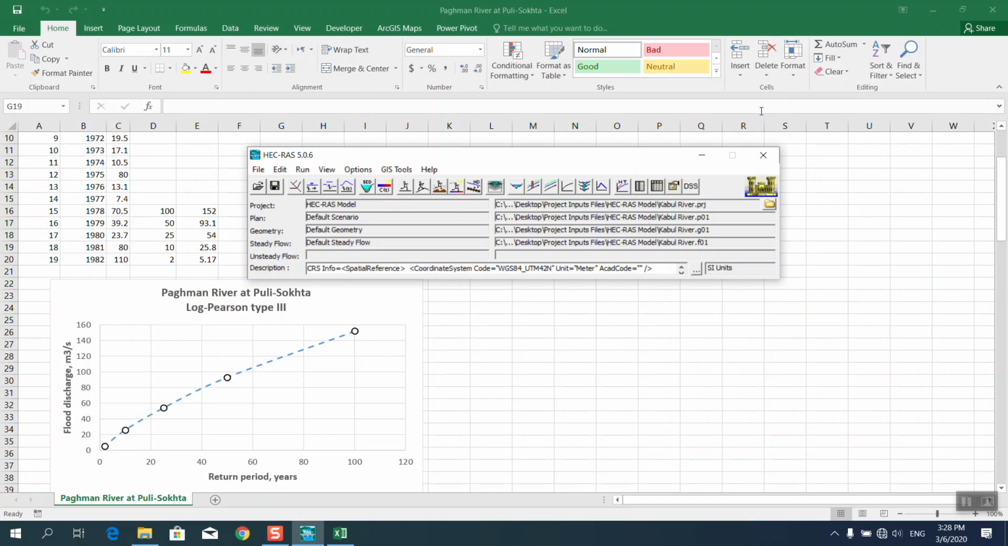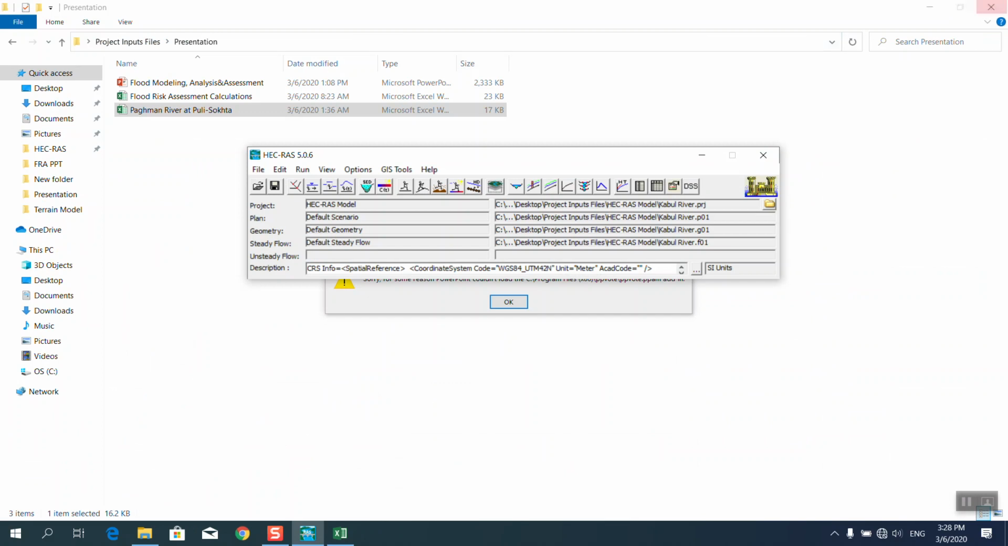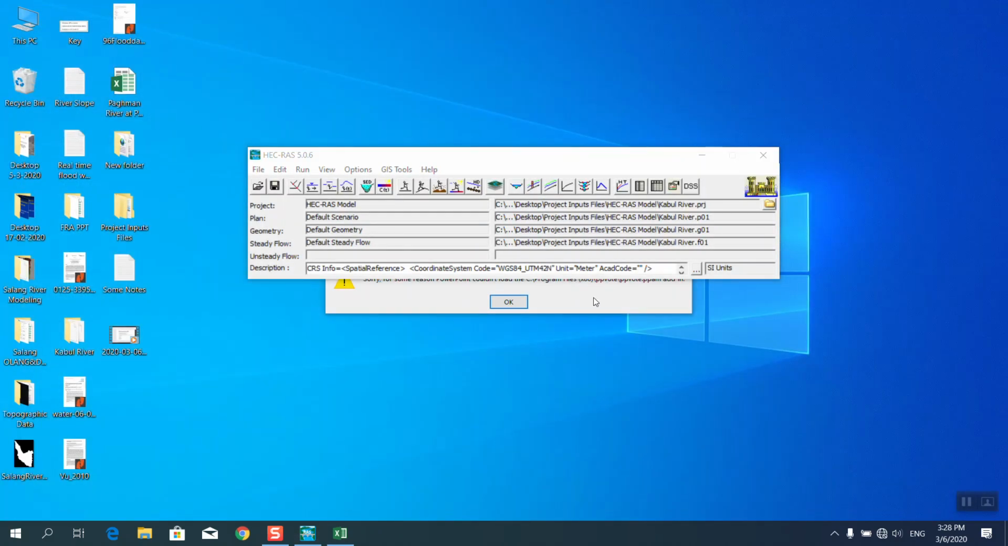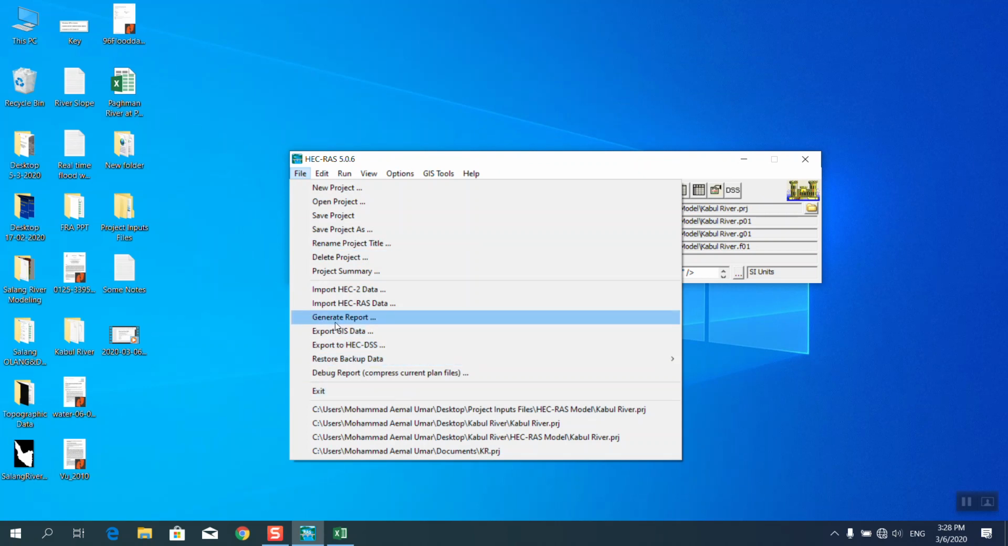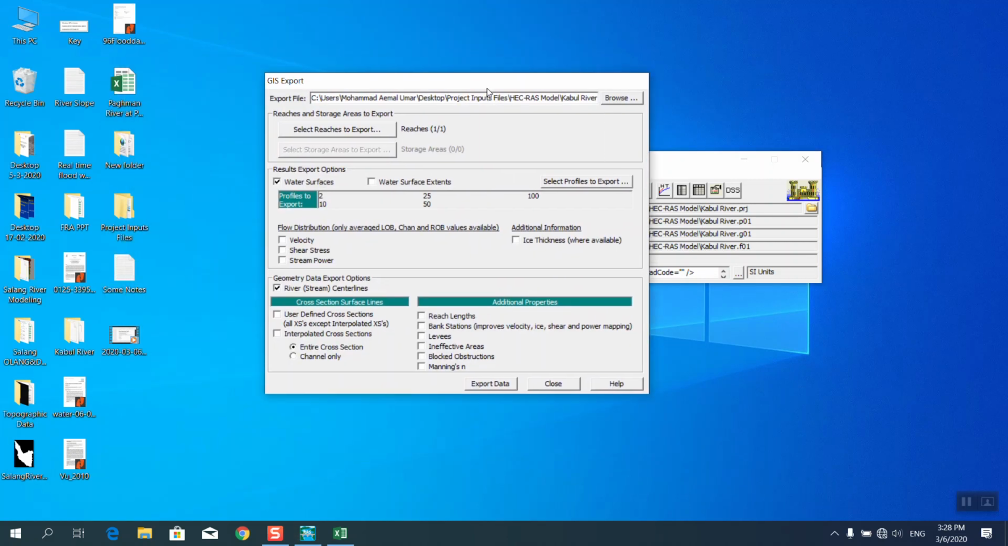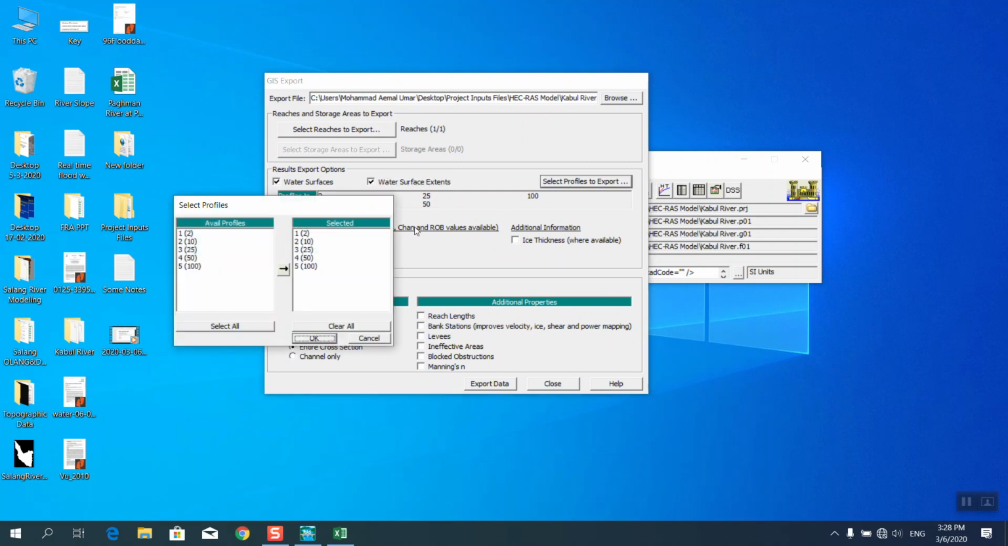We close them, and then we come to the file. Open the file menu, then come to export GIS data, where we want the water surface extent, and then select the profiles. If there is clear, there is not selected. If we want to only work for 100 years, we should select only the 100. If we want to import or display all or calculate all the return periods, then select all,